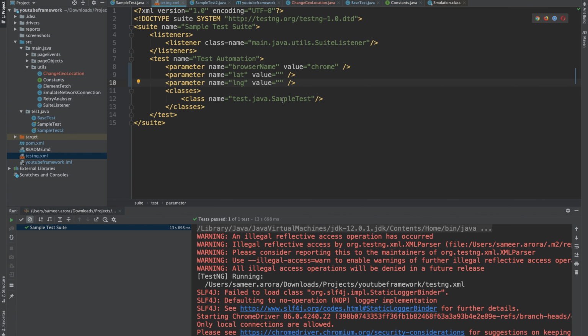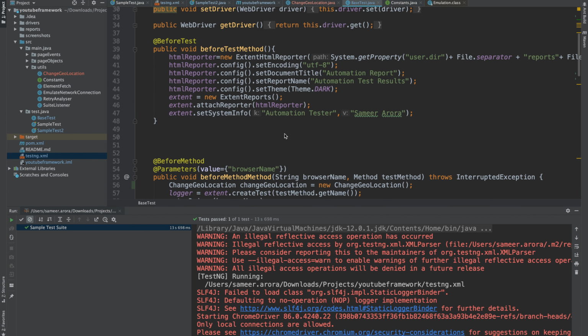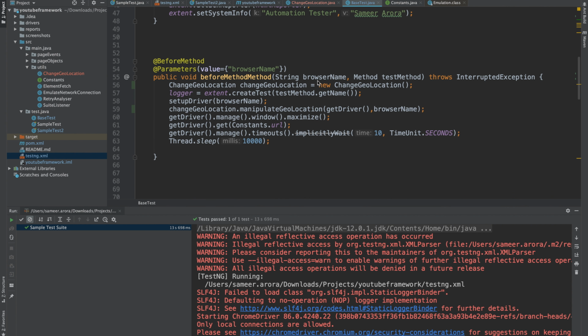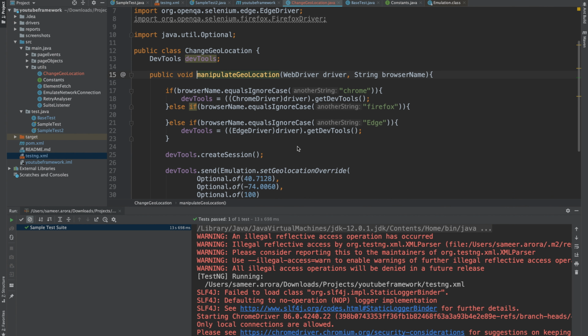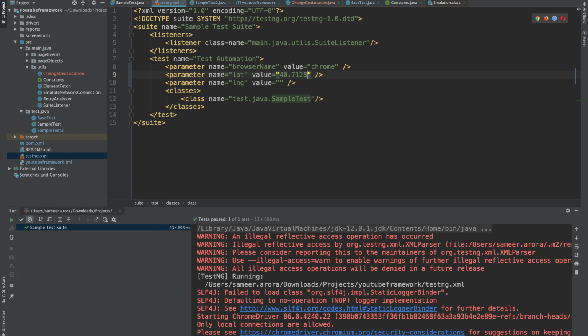So this we need to pick up from the base test now. What I'm doing first is copying the values from this particular method and putting them in the testng file.